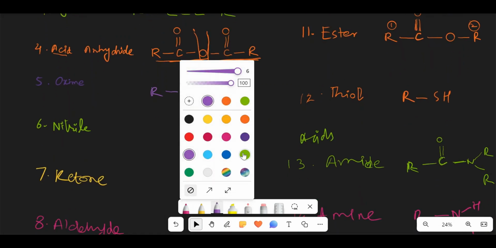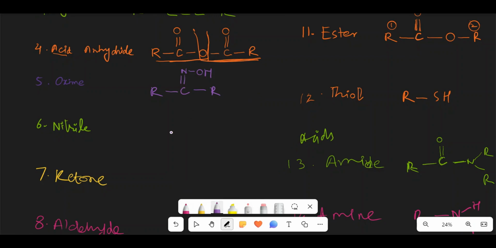Nitrile has two names. Carbon is triple bonded with the nitrogen, and it has an R group. Now if we say that there is methyl, that is the R group attached with this carbon. Okay, now it makes methyl nitrile, but if we call the carbon together with the nitrogen, then it's